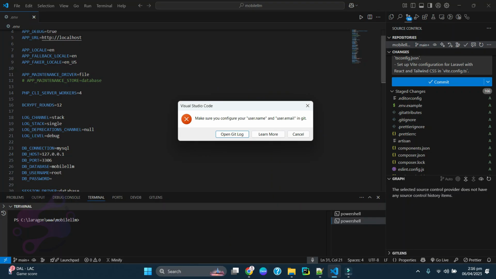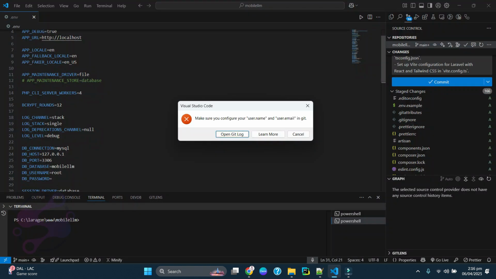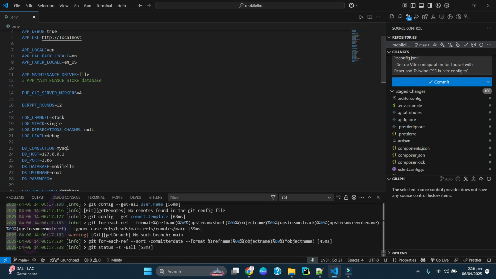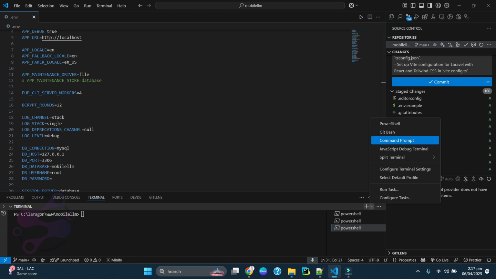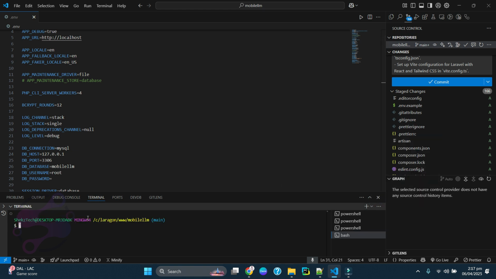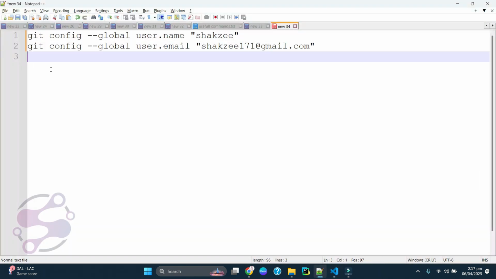Now go to, okay. And I'm saying open GitHub, Git log. I'm saying fine. If I'm saying Git Bash, so if I refresh and copy this one,